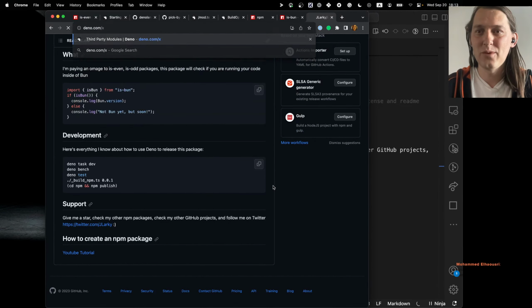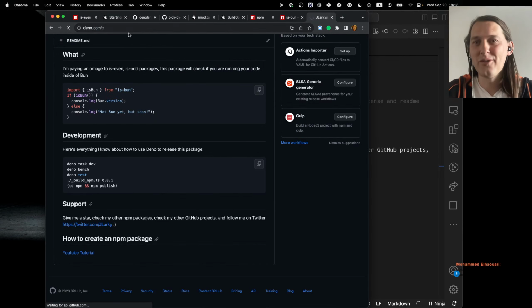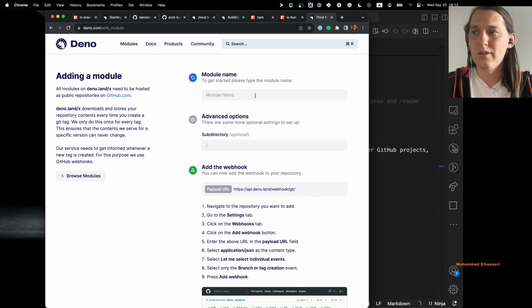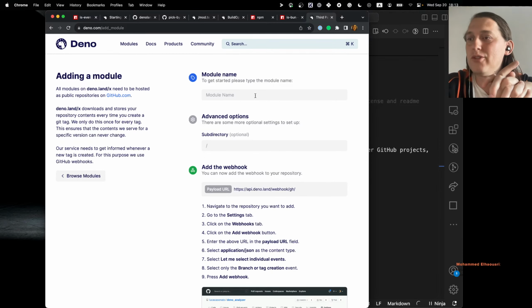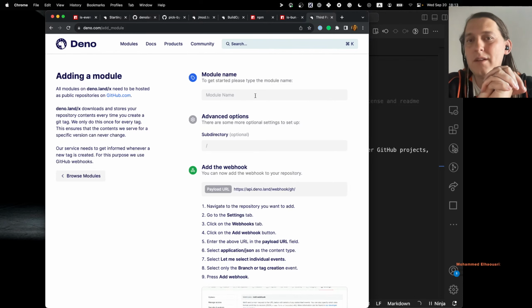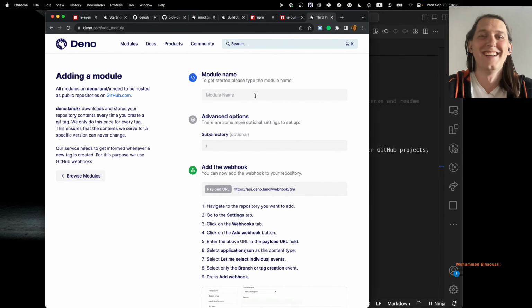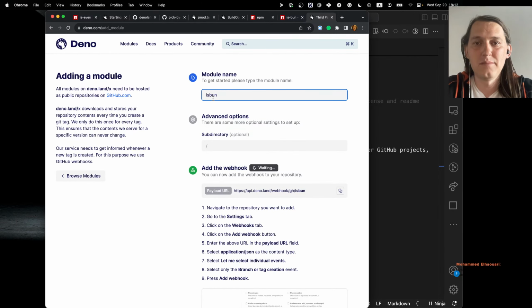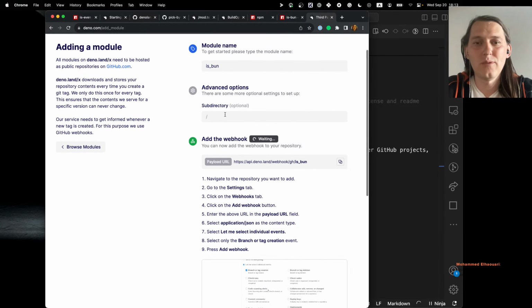I guess since it was fast, we can go do the Deno X stuff. So how to publish a module on Deno. Again, because Deno can support npm modules now, you are kind of done once you publish it to npm. You don't have to publish it to Deno, but maybe you want to, right? So the module is bun, and it can't be is bun. I guess it's like is underscore bun,